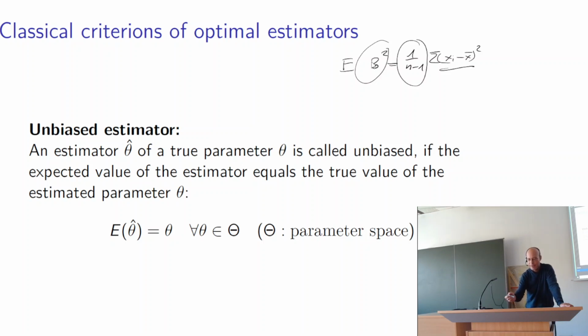And from this calculation then came out that we have to divide this sum not by 1 over n, but 1 over n minus 1. Well, and why do we call this an unbiased estimator? Because the expected value will meet the true value. Well, and I think this is pretty clear that this is a quite good property of an estimator,